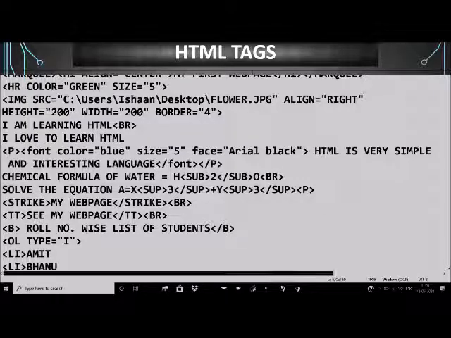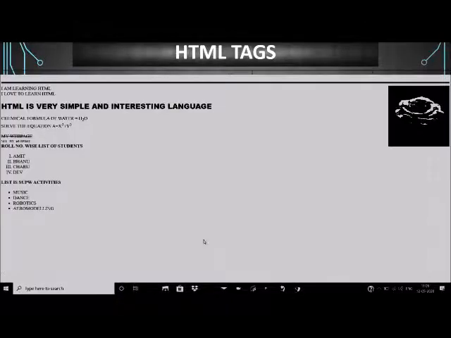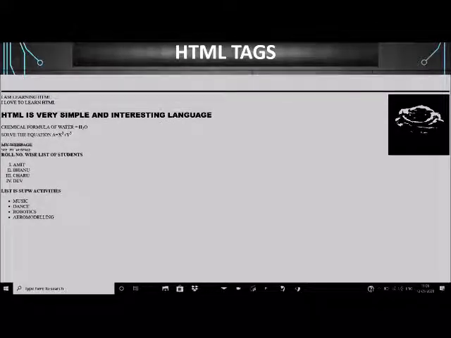Now I am saving this document, and we'll see. You can see the heading will come scrolling in the web page. See, so the heading is scrolling around the web page.